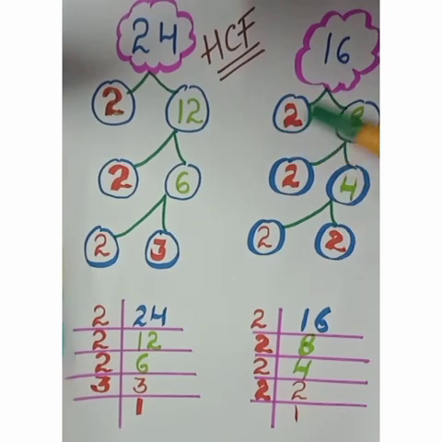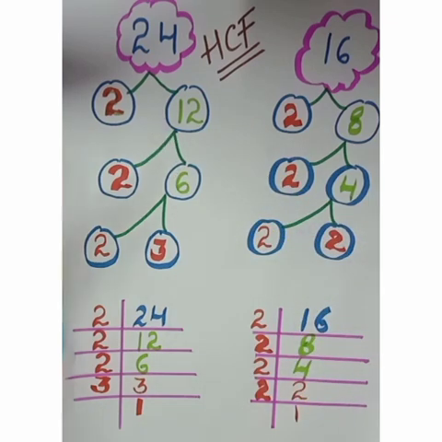Let's take the numbers 24 and 16 to find the SCF of both. As we did firstly in the listing factor method, we found the SCF through the listing factor method of the numbers 24 and 16. Now we'll take the same numbers to find the SCF by the prime factorization method. In this, you know how to make a factor tree. So firstly we'll make a factor tree. We made a factor tree of this.